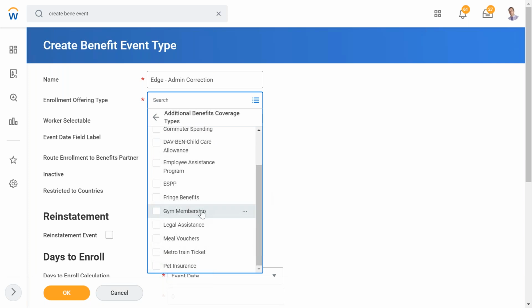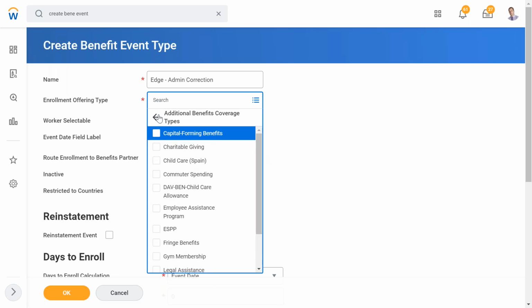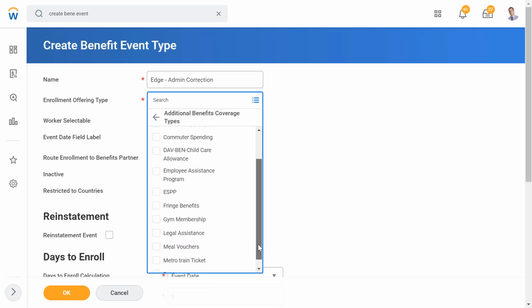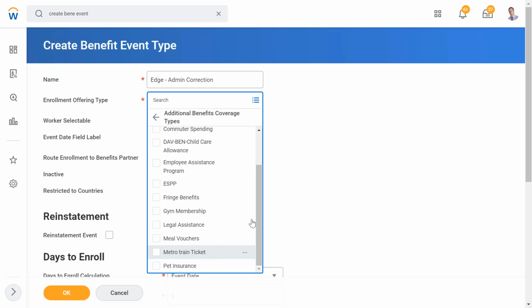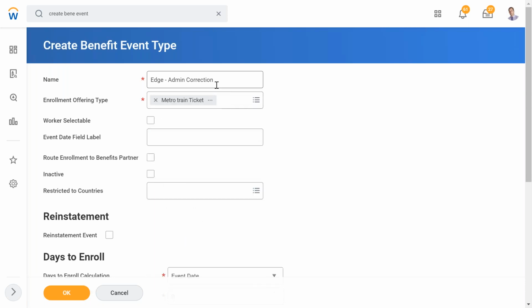I think it was metro train ticket. Metro train ticket. That we created. Yeah. Thank you. And let me change this one to commuting benefit. So now this is the reason I'm going to offer this plan for the